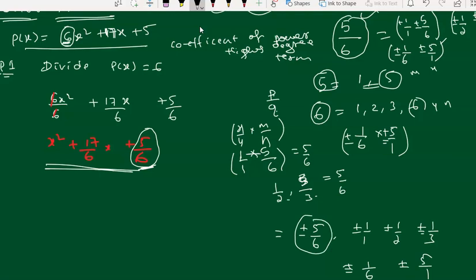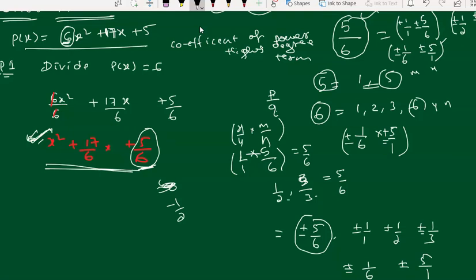So just keep on putting these numbers. Plus 5 by 6 once you put, check whether this polynomial becomes 0 or not. Minus 5 by 6 you put here, check whether this polynomial becomes 0 or not. Plus 1 by 2 you put here, check whether this polynomial becomes 0 or not. Minus 1 by 2 you put here and check. Whenever your polynomial becomes 0 for these set of values, suppose this polynomial is becoming 0 for minus 1 by 2, when you put minus 1 by 2 in this polynomial,